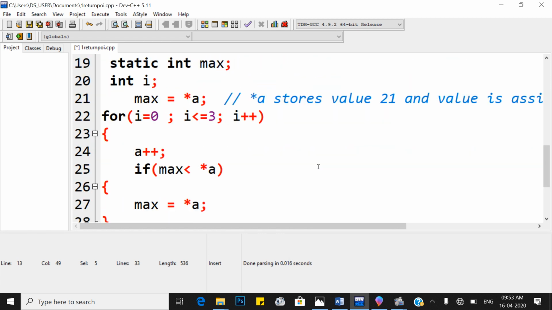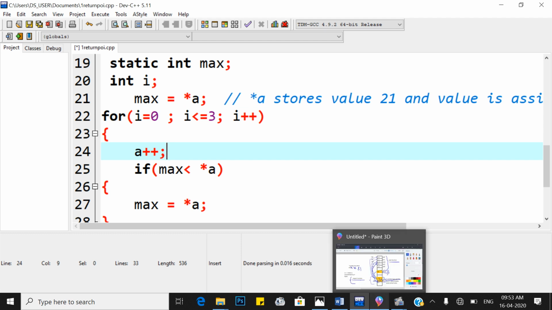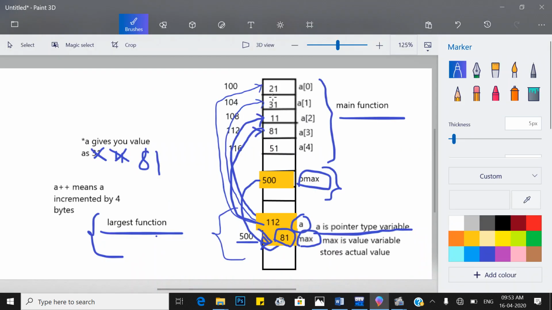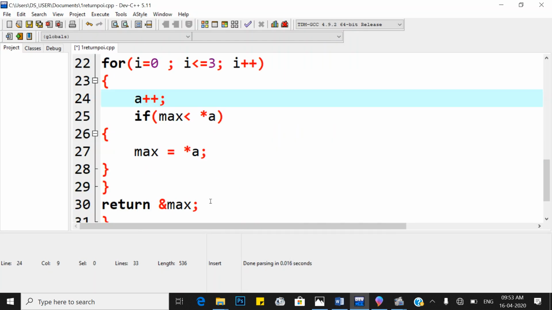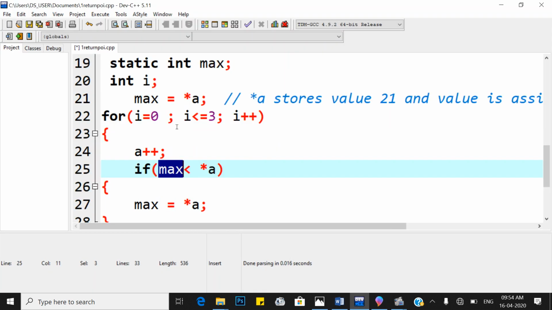Here is the logic of max. We have considered the first array element as max. Next, we increment the array address, a plus plus, which points to the next array element's address location. So max contains the first value, and *a now contains the second value.